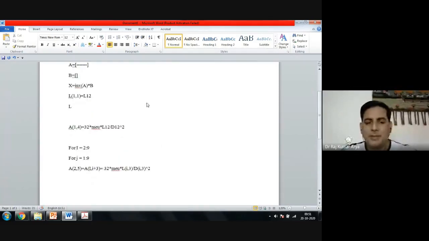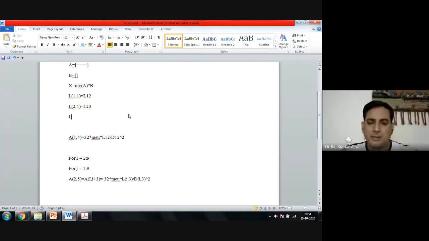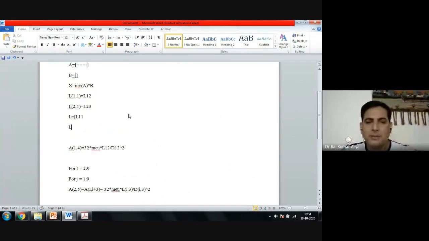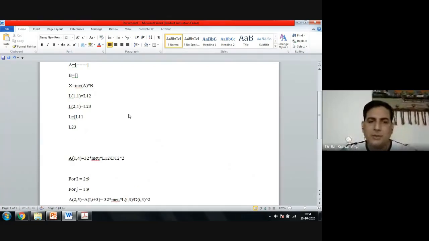And you can write your L. Now you have the second point, so you can write 2 comma 1. There you are finding L 2, 3. You are storing all your lengths in this column matrix L. So this L will become a column matrix of this type, where you will have length 1, 1, then length 2, 3, then length 2, 4.